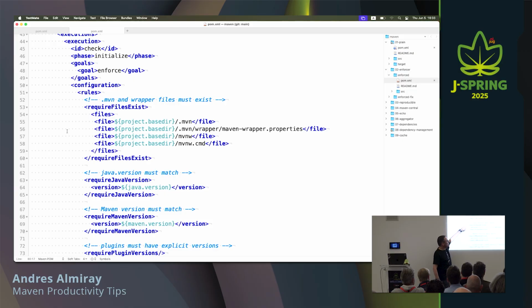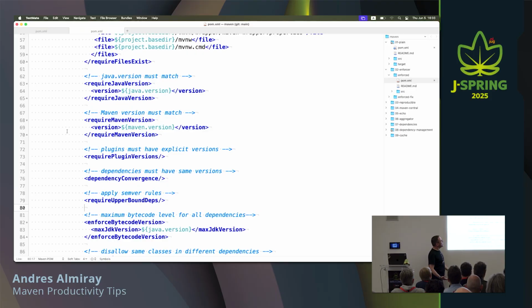The next thing is, you must have, at the very least, this version of Java. That's the reason why I defined a property, so I can reuse it. So if you're running your build with an older version of Java than the one specified, you're going to get a failure. We also say that if you're running the build with a given version of Maven, it has to be the one that is specified, which was 3.9.9. So if I run with 3.9.8, that will be a failure. I require that every plugin has to have a version. If not, it's going to turn that warning that we saw earlier into an error.